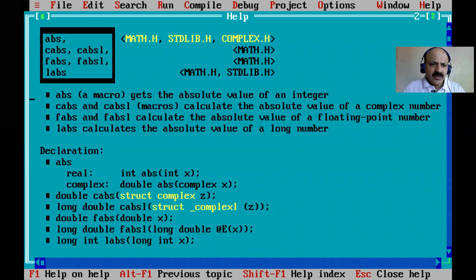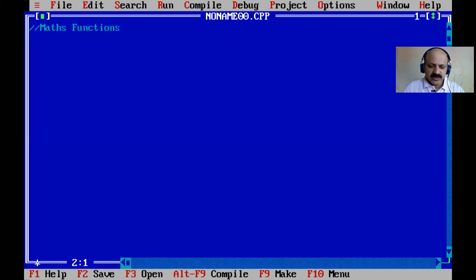It gets the absolute value of an integer value. The syntax takes an integer and returns an integer: int abs, and we pass an integer value like x. So that is the syntax.